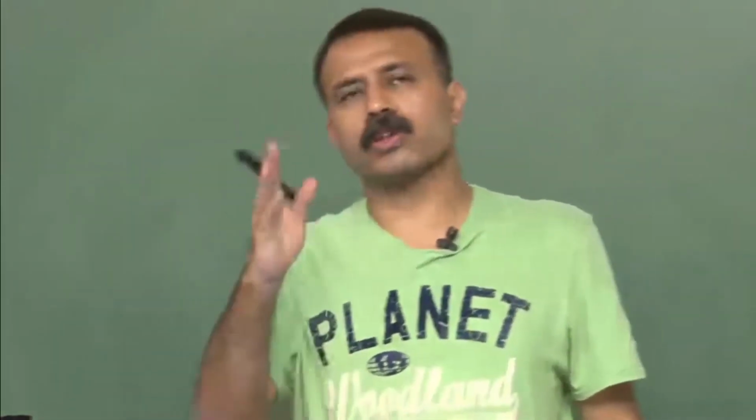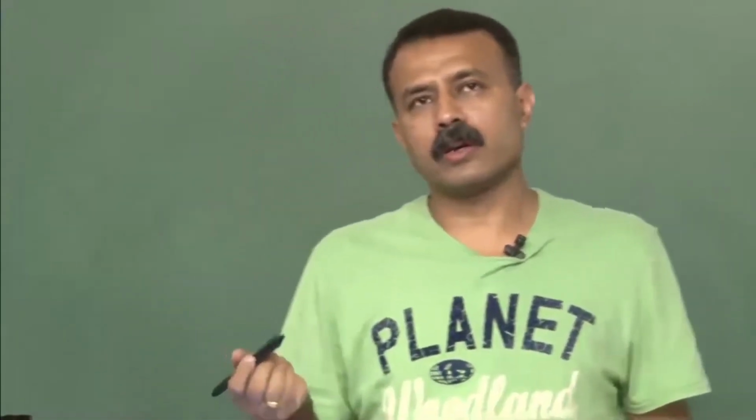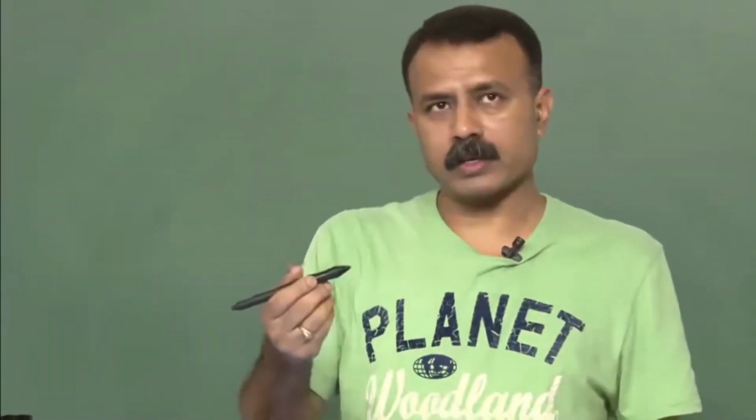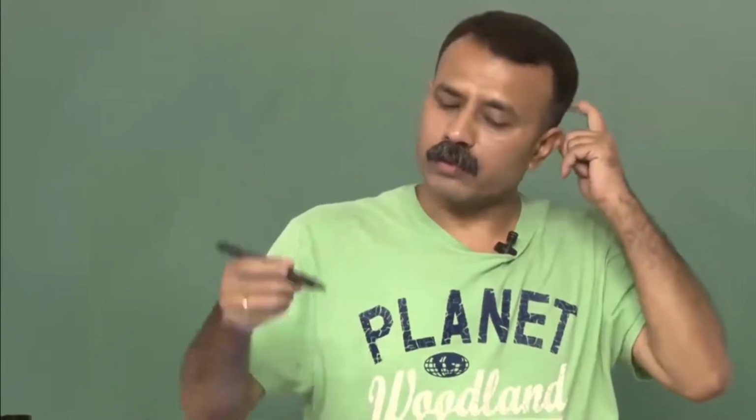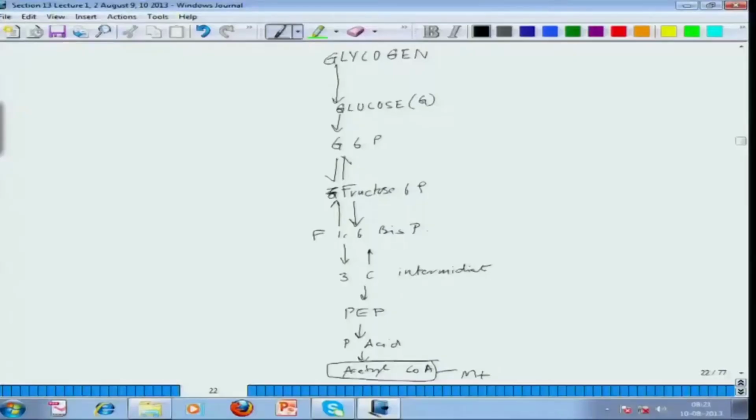So, coming back to the gluconeogenesis part, what I will do is initially reiterate all the different steps of glycolysis, and then I will go in the reverse direction, where from a single precursor the glucose molecules are formed. So, start with the glycolysis chart, what we did in the previous class. You have glycogen forming glucose. Let us come back to the chart. Glycogen forms glucose, from glucose to glucose 6 phosphate and to fructose 6 phosphate, and during this process